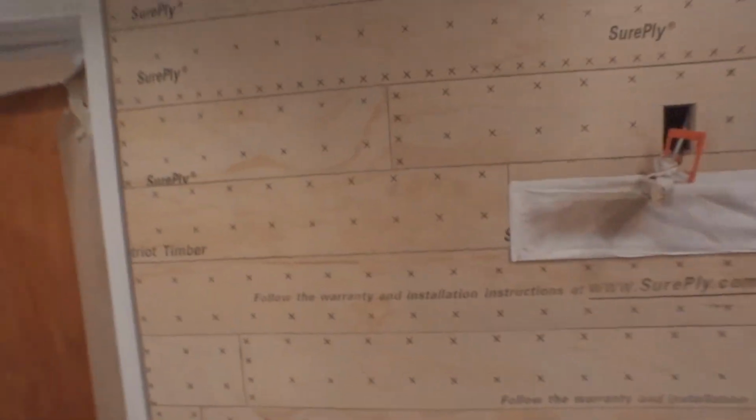Now the big thing about a nail gun is going to be how big the holes are that it makes when it goes through your panels, because remember, on a faux shiplap, this is going to be a thin plywood, okay? And so one of the main things that you want to do is make as small a hole as possible, but you still want to be able to have the boards firmly attached to the wall, okay? So you don't want them to move at all once you get them up there, but you also don't want to have these big,